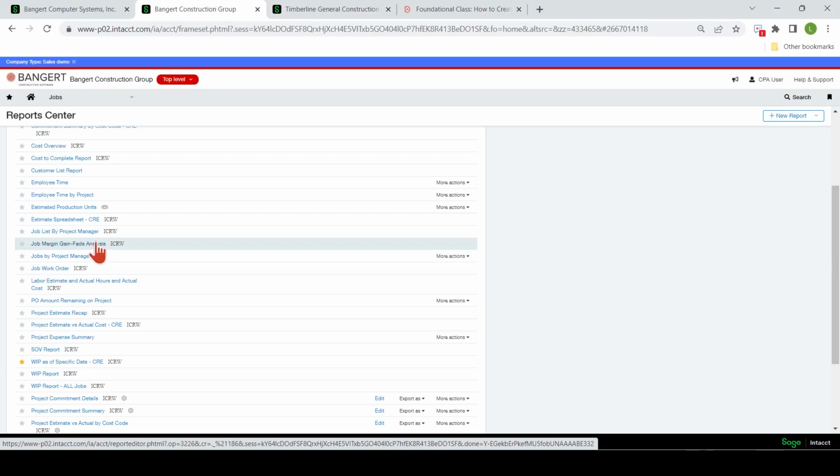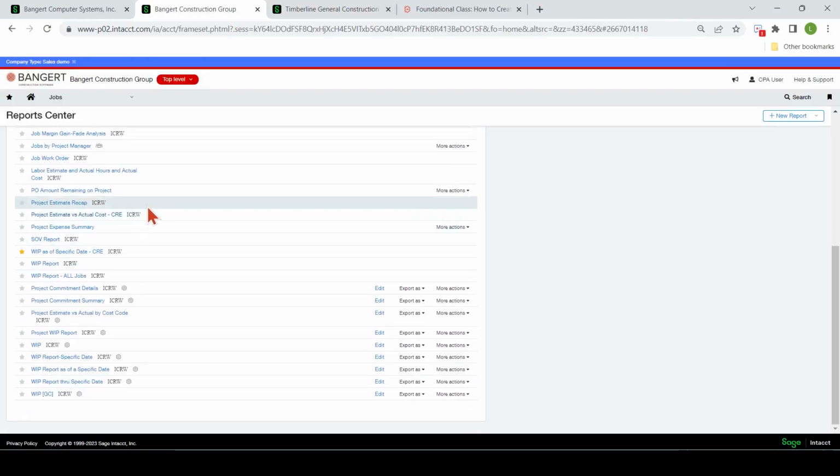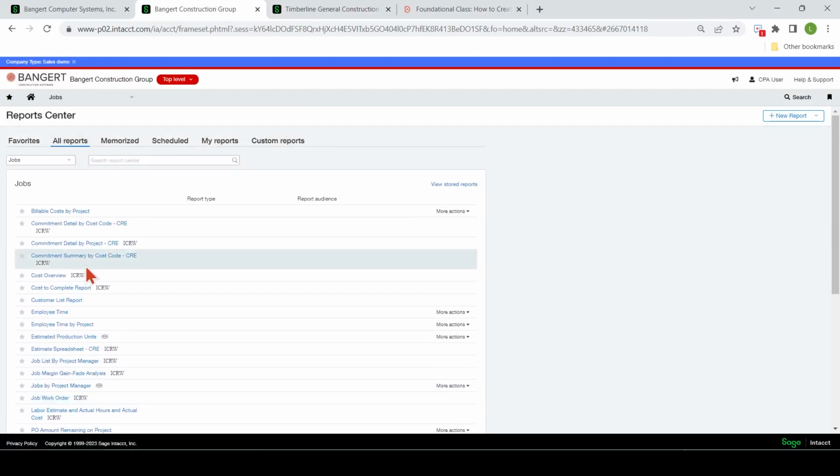This will show that amount in the margin gain fade. I'll show that here. Okay, other than that, you can kind of scan through here and just read through these and see what the titles usually are pretty descriptive.